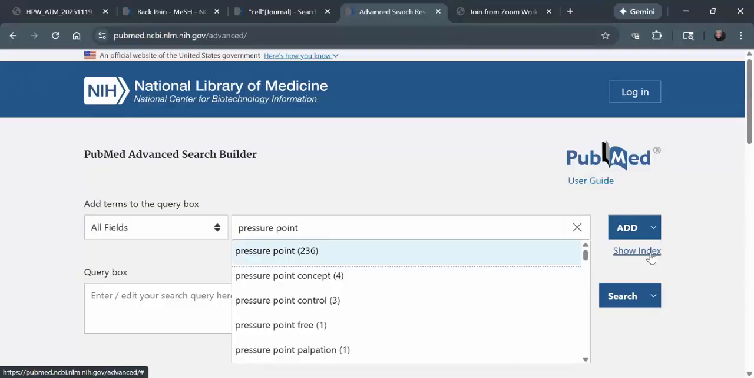Okay, Rebecca, are there any questions about author searching or phrase searching that I can address? So let's see. There was a question